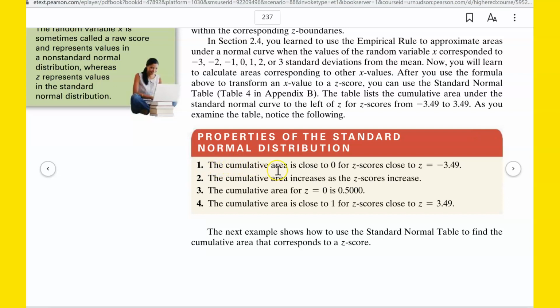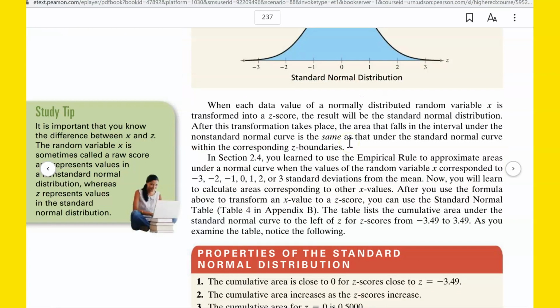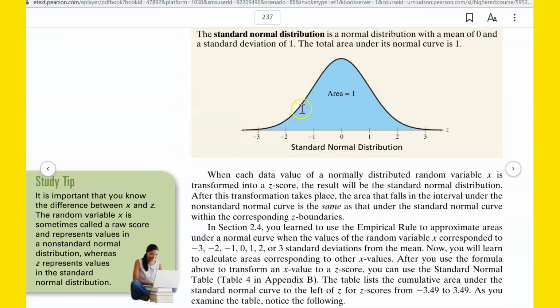All right, the cumulative area is close to 0 for z-scores close to z equals -3.49. The cumulative area increases as the z-score increases. The cumulative area for z equals 0 is 0.5. The cumulative area is close to 1 for z-scores close to 3.49. So let me tell you what that means. So the cumulative area is like,